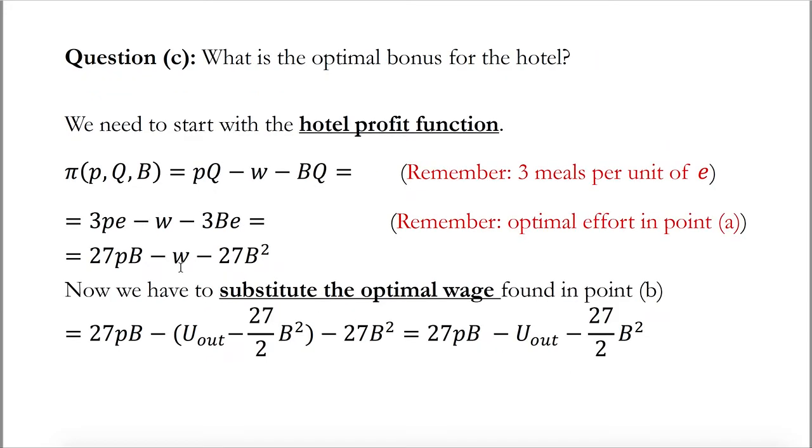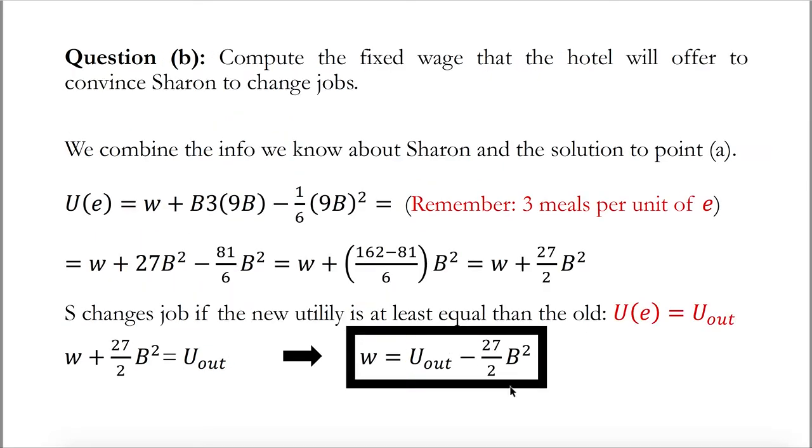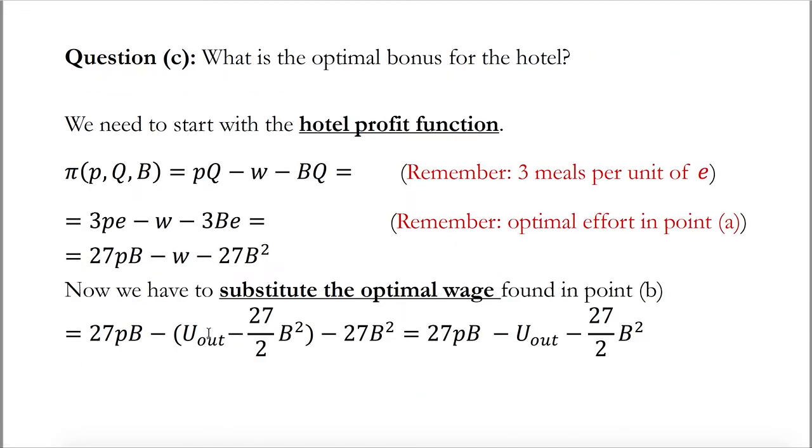So if instead of having this W, we just substitute this value here, U out minus 27 over 2B squared, then we can do some math, and we obtain that the hotel profit function as a function of P and B is going to be 27 times P times B minus U out minus 27 over 2